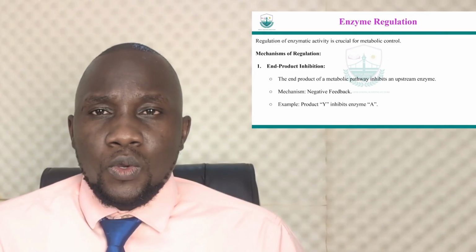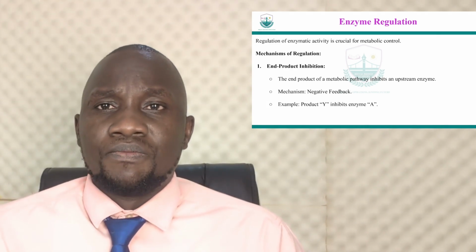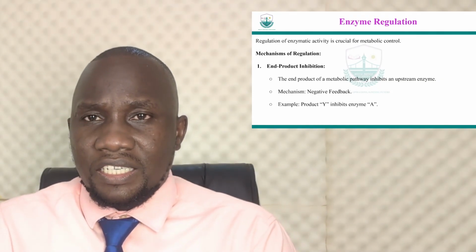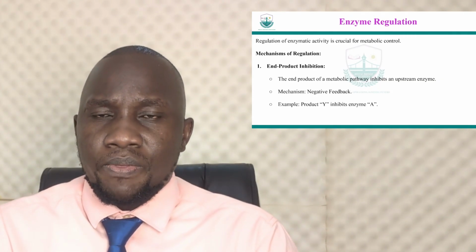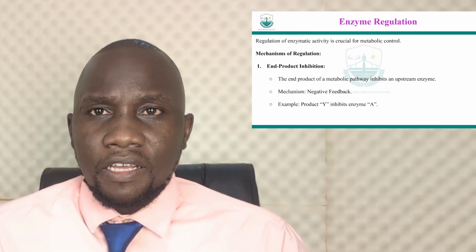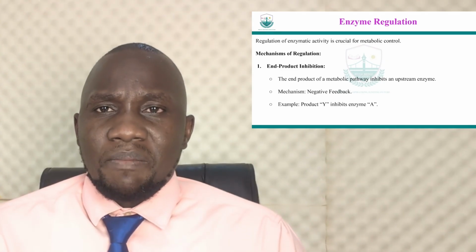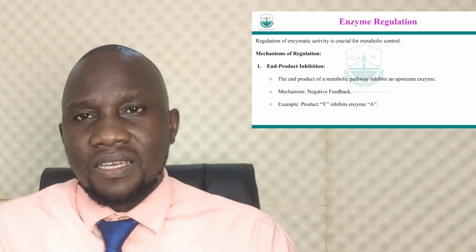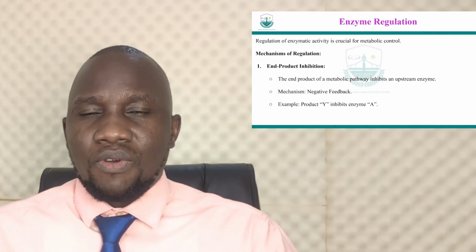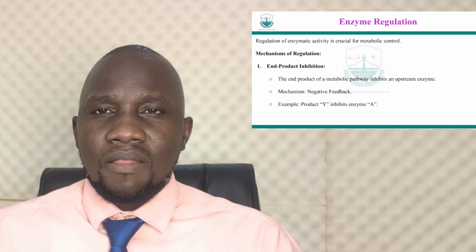We don't want metabolic activities happening endlessly without control. We need to produce products in sufficient amounts for efficient metabolic activity. If the products are produced in large amounts, the body may not be able to handle them. So there needs to be a balance between the products and the substrates. If we have a lot of substrates, it means the products will be less.